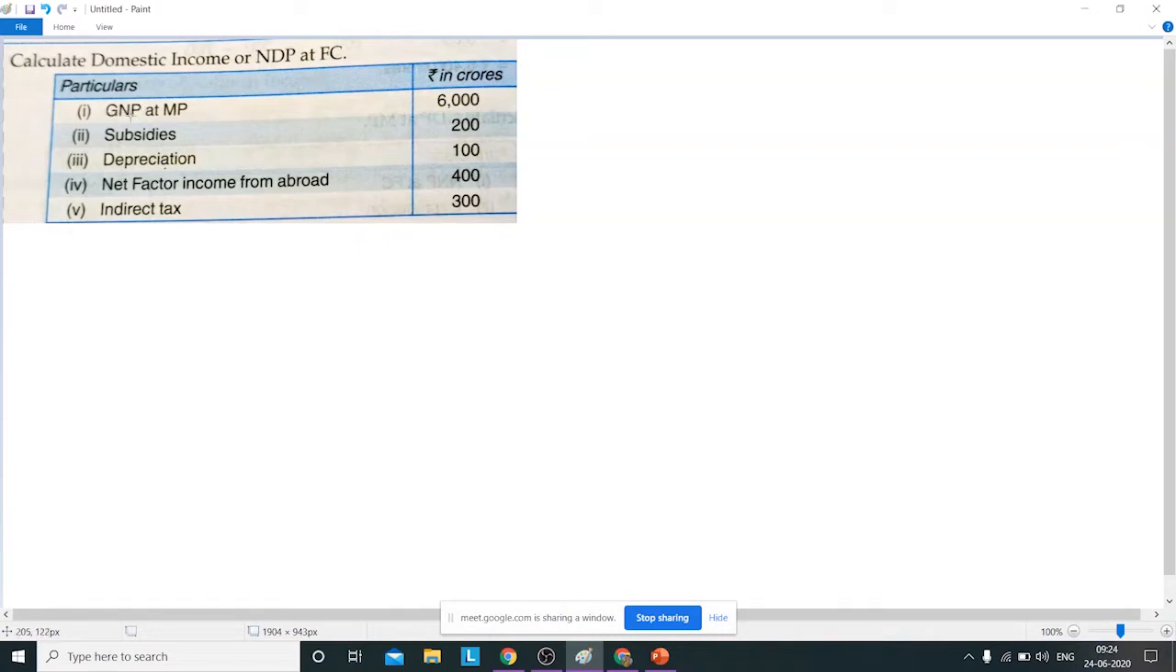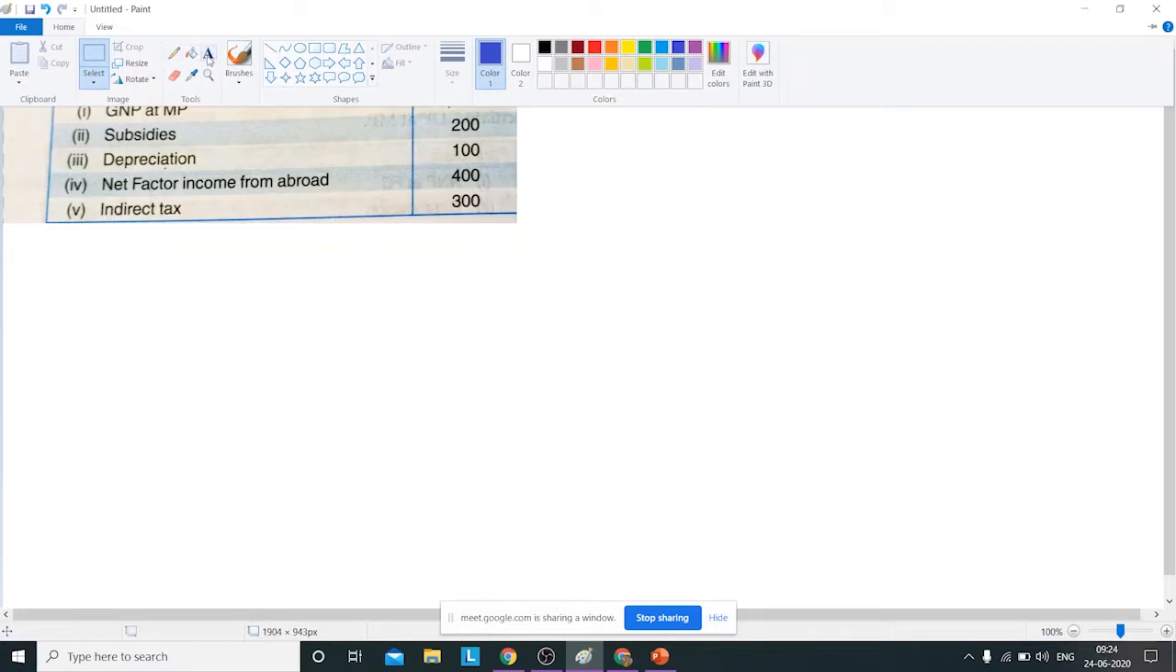So they will be giving you one aggregate, that is GNP MP, and some more items, and you are asked to find out the domestic income or NDP at FC. NDP at FC or domestic income you have to derive from GNP MP and all these variables which are given to you. So the first step you have to do is,